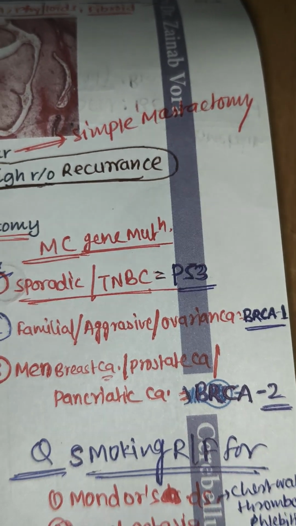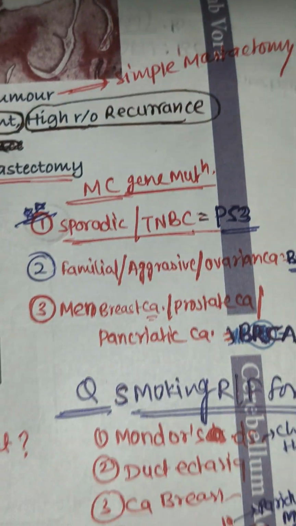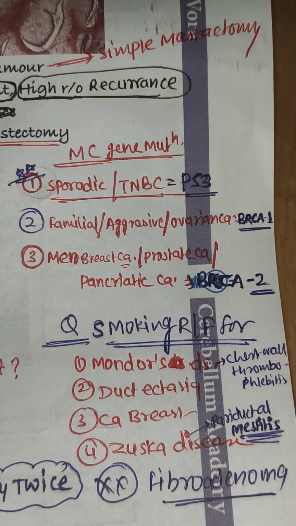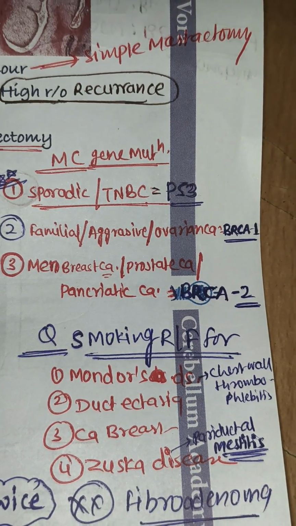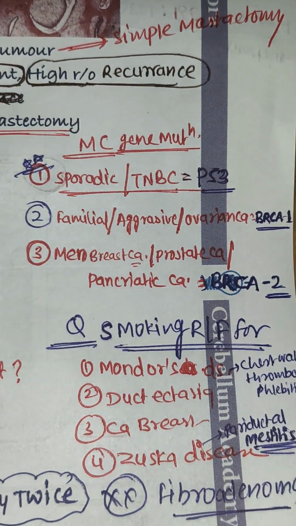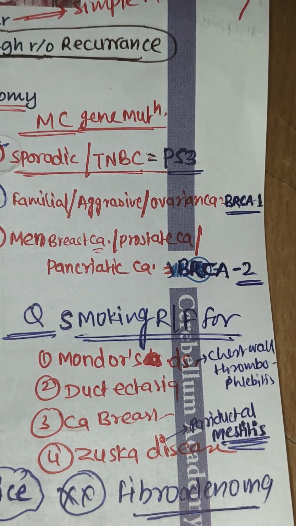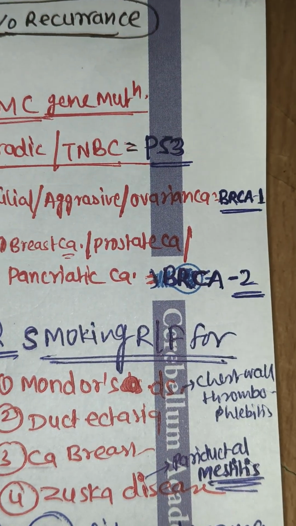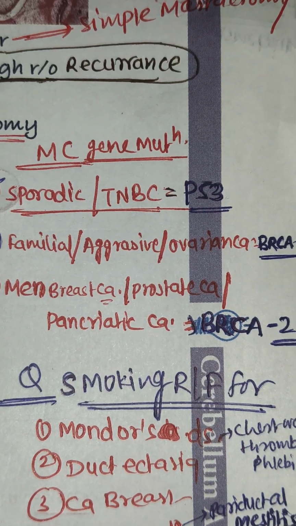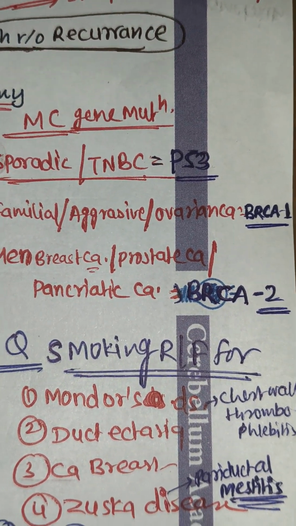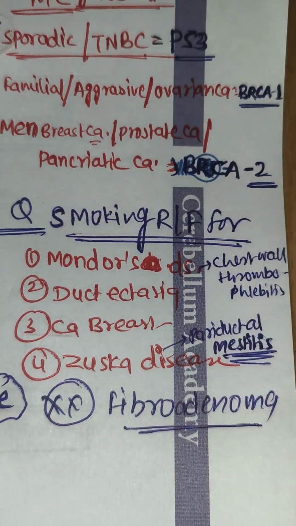Let's revise high yield, ultra high yield points from breast surgery. The most common gene mutation seen in sporadic or triple negative breast cancer is P53, very important. In familial or aggressive breast cancer or ovarian carcinoma, BRCA1; in male breast cancer, prostate cancer, or pancreatic carcinoma, BRCA2. And smoking is a risk factor for